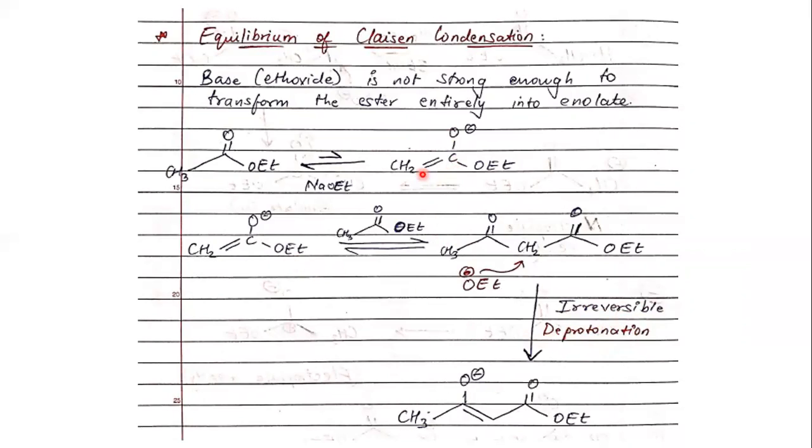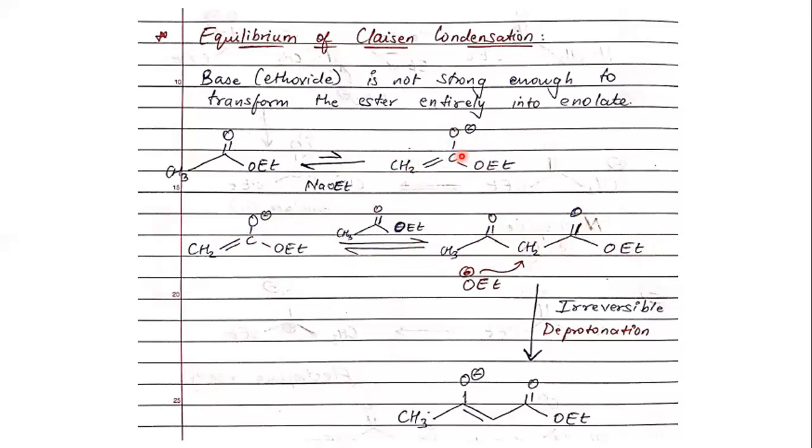So now let's assume the first step has happened. The enolate has been formed, but the problem is the enolate quantity is not as much as we would have wanted. Now this enolate is going to react with the second molecule of your ester. This second molecule is going to behave like an electrophile. This enolate is now your nucleophile. Both of these undergo a condensation reaction to form this product, ethyl acetoacetate, which we have already learned. But again, this is still not the driving force. Again, this is a two-way reaction, and my quantity of enolate produced is quite less.